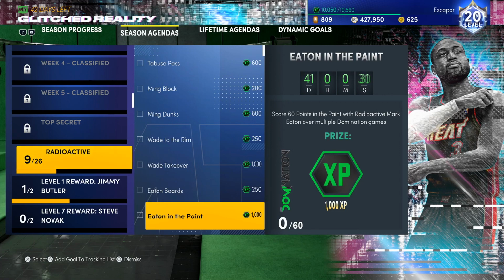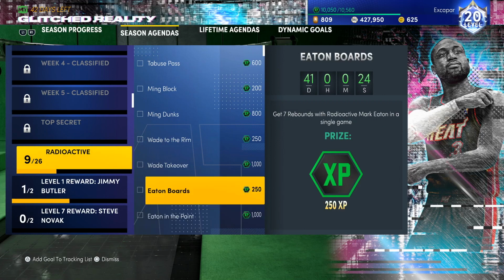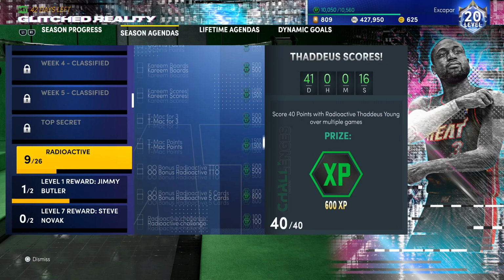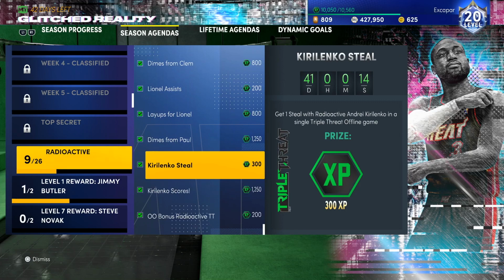But with Mark Eaton, we want to make sure we get those 1,000 XP for 60 points. Should be pretty easy. You'll see why in a second. And we have 7 rebounds with Mark Eaton in a single game. So you need 60 points and 7 rebounds with Mark Eaton. Should be pretty easy. Then you're going to want to go ahead and make sure that when you are getting